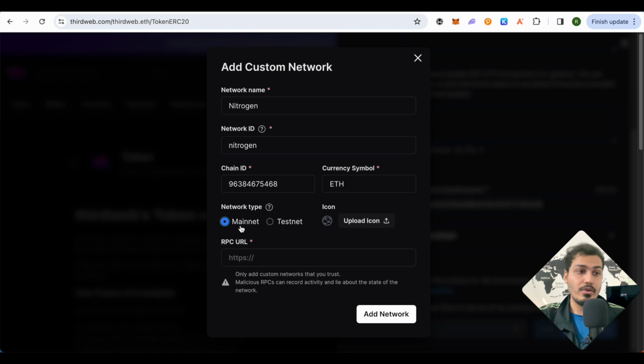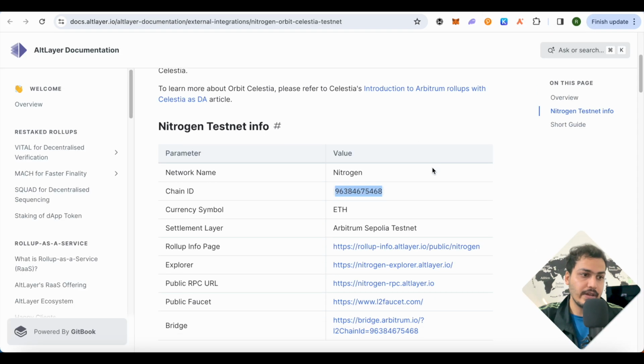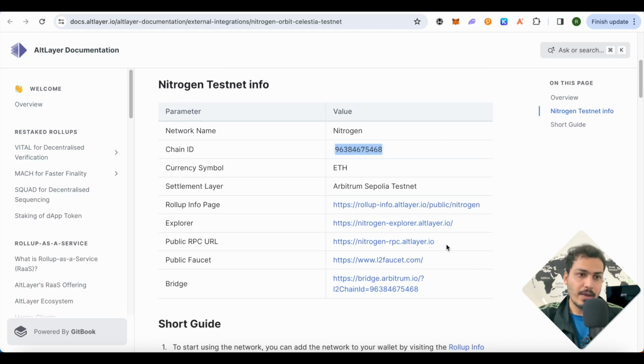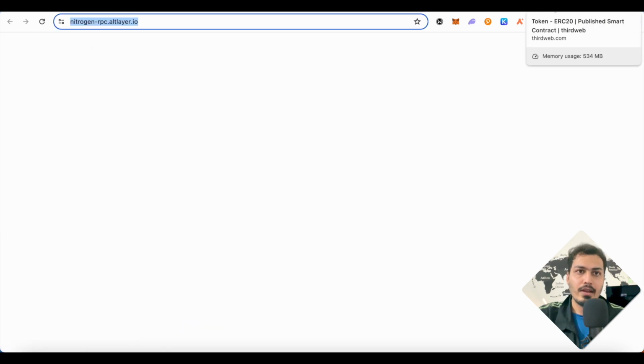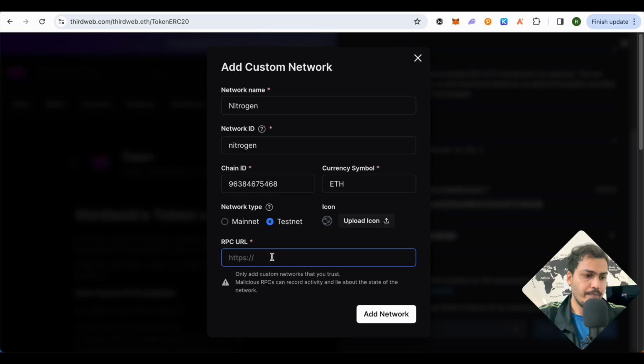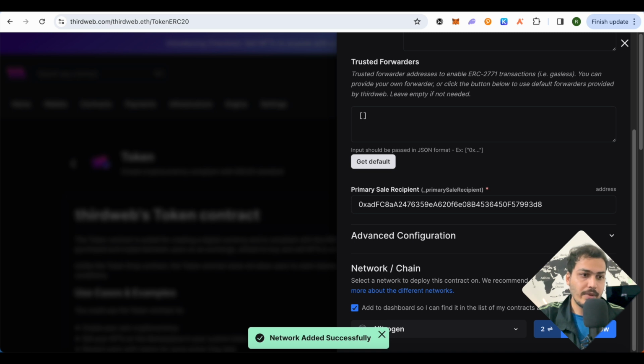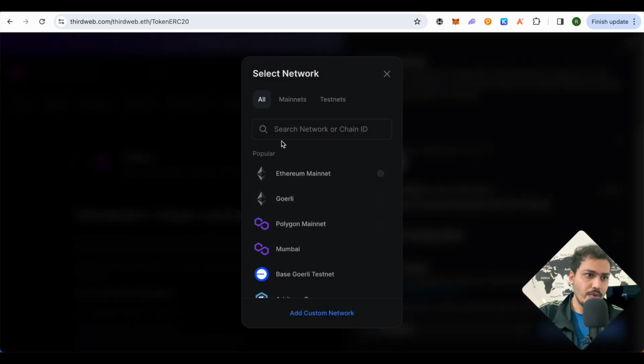ETH. Then make sure to select the network type as testnet, and for the RPC URL, head back to the document page again, and you will be able to find the RPC URL over here. And just copy this URL and paste it over here. After that, click on this option of add network, and it will be added. After that, you can just search for nitrogen over here